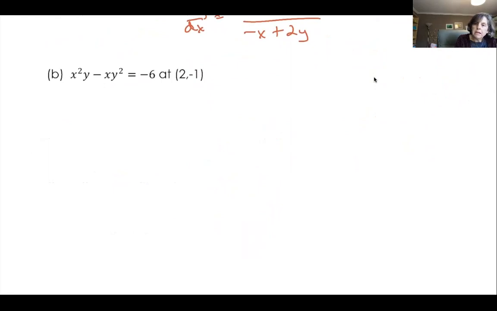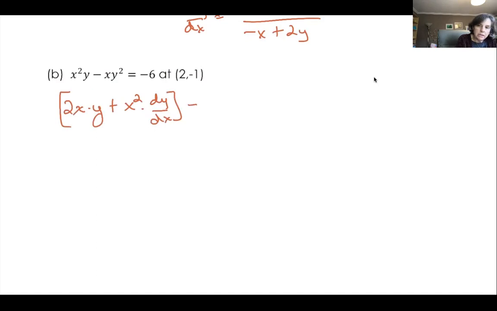Again, I'm going to start off by taking the derivative, keeping in mind every time I see y, I could sort of say in my head "goobly." Okay. So this time I have x squared times y. That means product rule. So if I take the derivative of the x squared, leave the y, plus leave the x squared, take the derivative of y. Well, the derivative of y is just dy/dx. All right. So that's the derivative of the first term